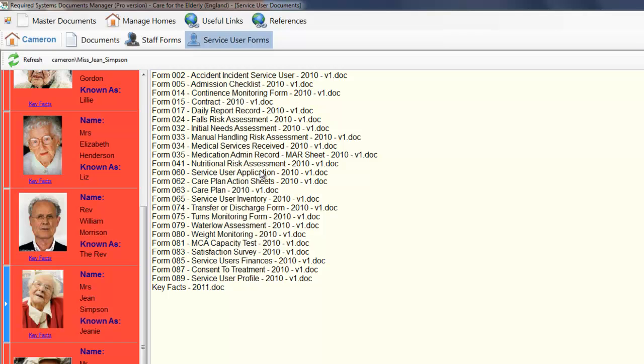Again, if these have been edited and saved, it will contain the information for Jean in these, and you can add additional documents in here. One of the important things is this key facts link which you have for both staff and service users. This is a very quick way of accessing the important information about either a member of staff or service user